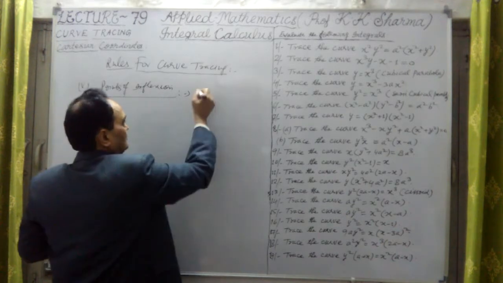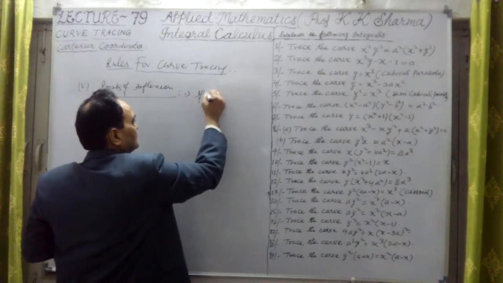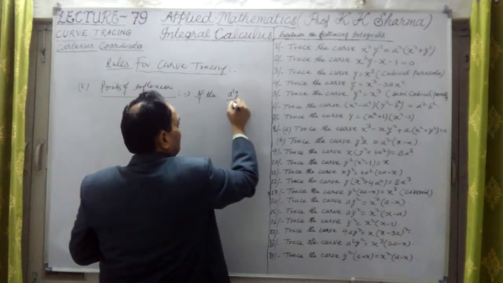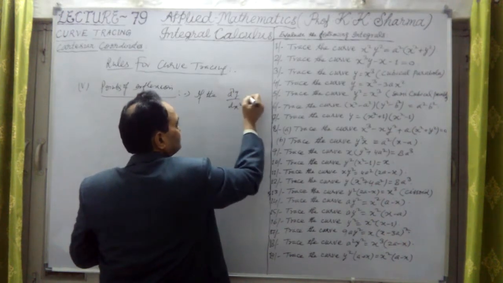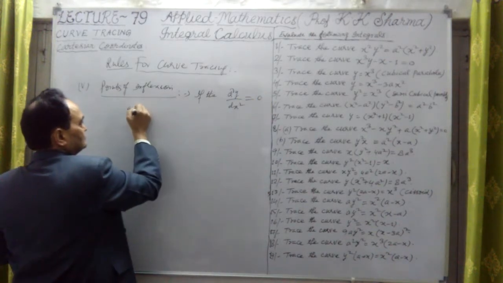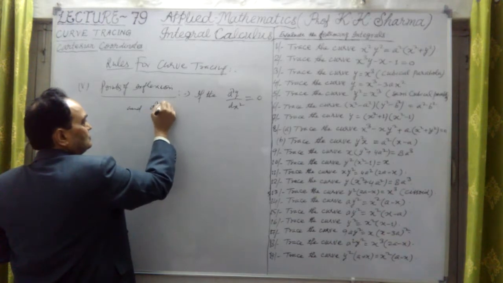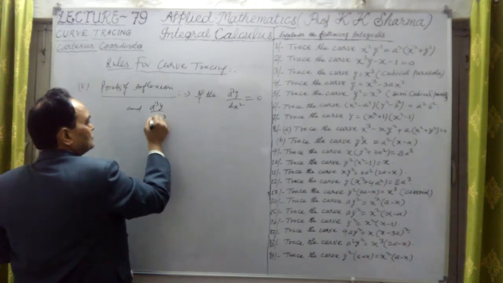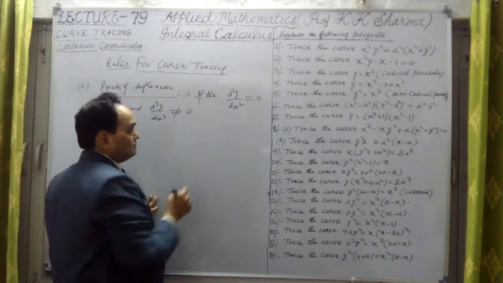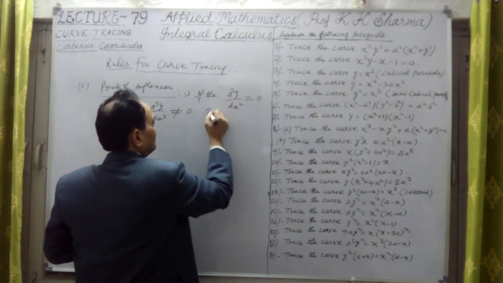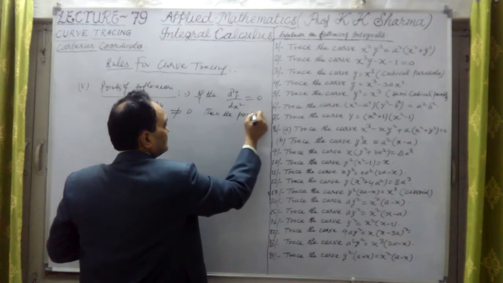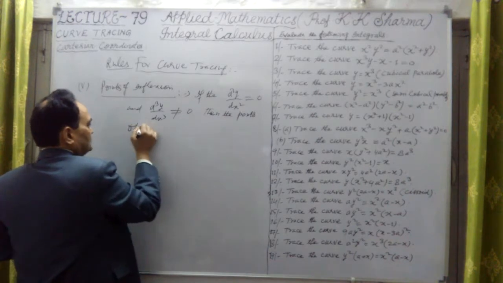Points of inflection: if d square y upon dx square is equal to 0 and d cube y upon dx cube is not equal to 0, then the points obtained